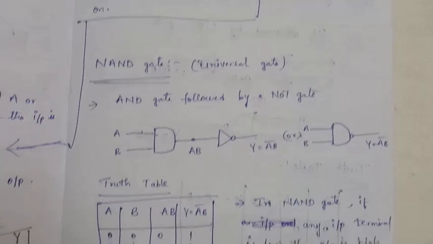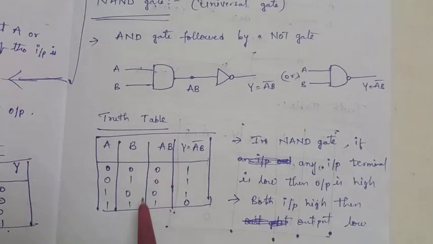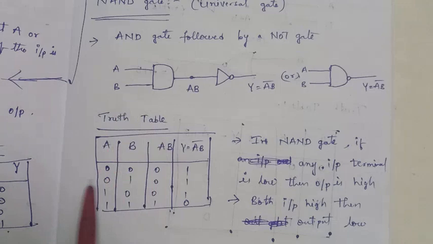So simple. Whatever outputs we are getting from the AND, then you have to apply a bar. Bar means inverted. 0 will become 1, 1 will become 0. So what is the AND gate? Just now we learned, if two inputs are high, then output is high. Otherwise, all outputs are low.